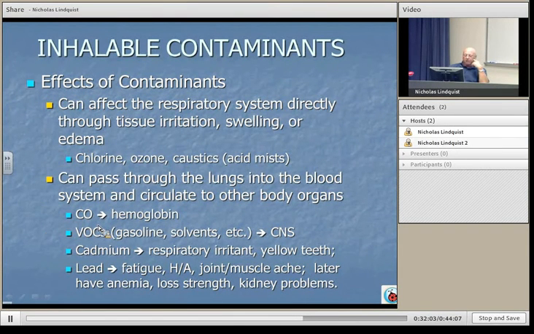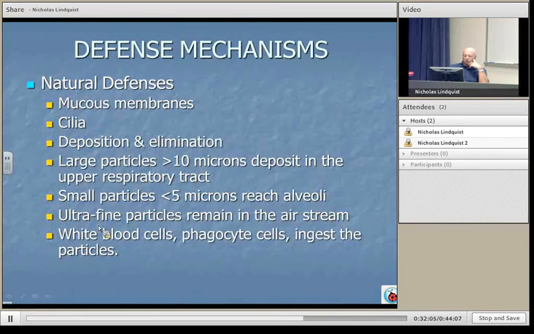The natural body defenses, again, are mucous membranes and cilia. And when materials are deposited in various regions of the respiratory tract system, they get deposited in the mucus. And then it may or may not be engulfed by the macrophages. And then the cilia can move that mucus lining up through the movement of those hair cells. And eventually it gets into the